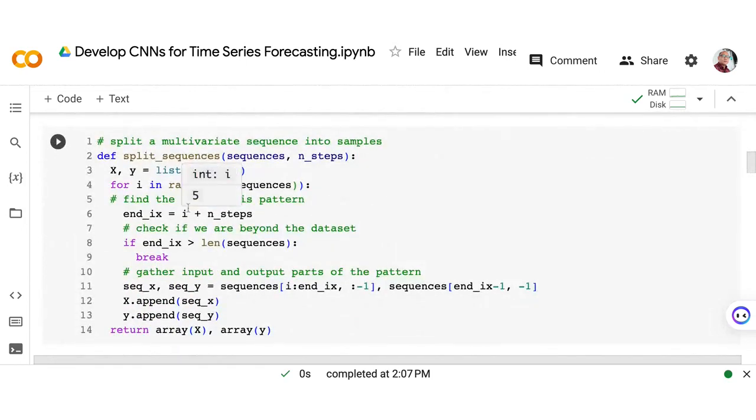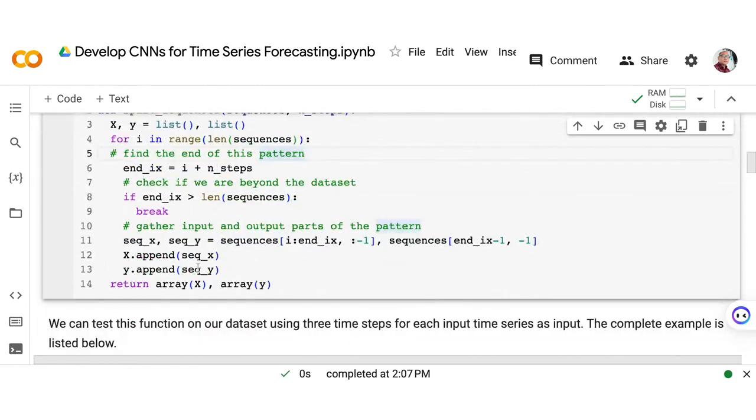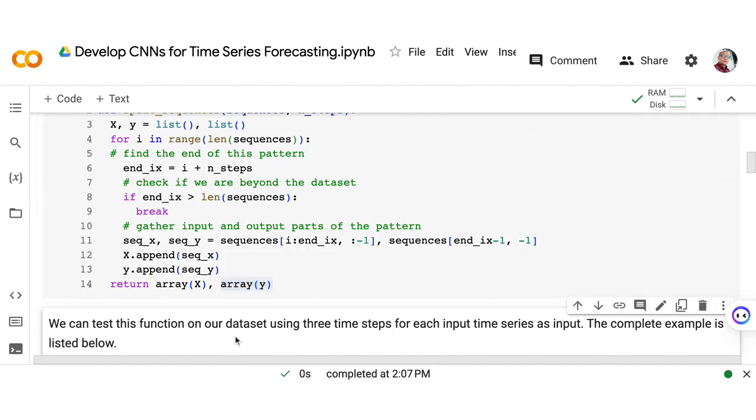Okay. Now, this is the function that was also introduced last week to everyone. We're going to use this function to create a multivariate sequence. And as you can see here, we only need just two parameters, the number of sequences and the number of steps. No? And then we will return some arrays here for our input as well as for our output.